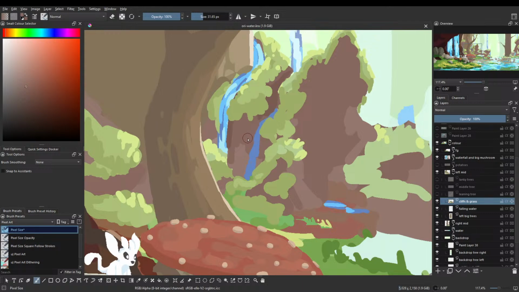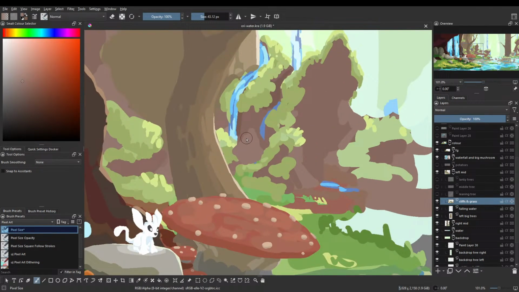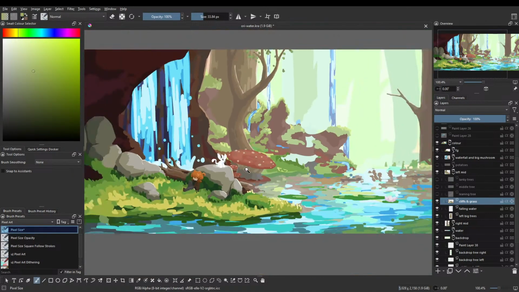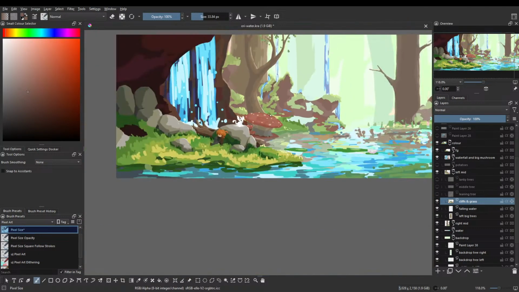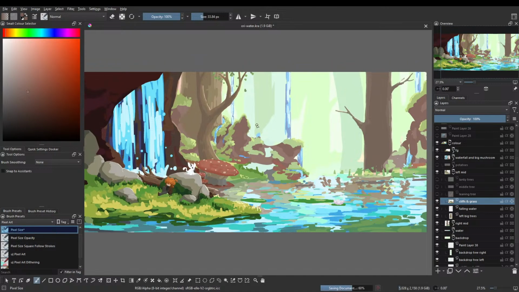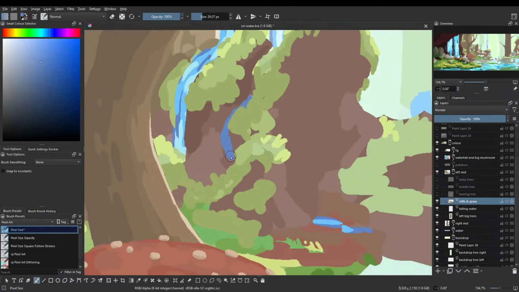I might be over detailing this, but I might also not be, so who knows. No, this is a true improvising type beat on this. I've got no clue if this is gonna look correct or not. But I think it's an improvement so far with these cliffs. Maybe have the water turn around.